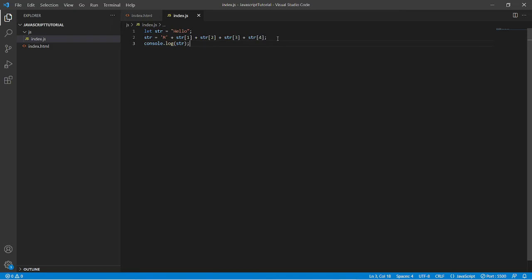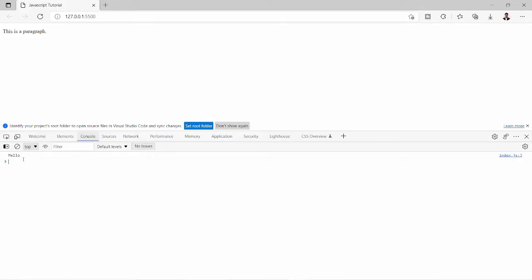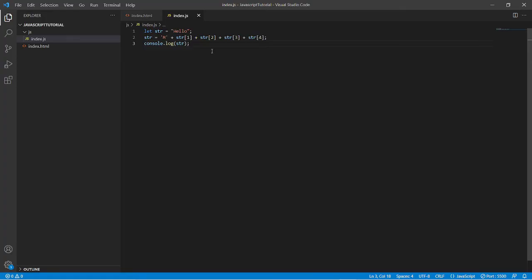Let's have a look in the browser. And here it is, we have mellow in the console. Let's understand this again. Here we have not modified the previous string variable. Instead, we have used the character at the specified index of the previous string value: the first index, second index, third index, and fourth index.